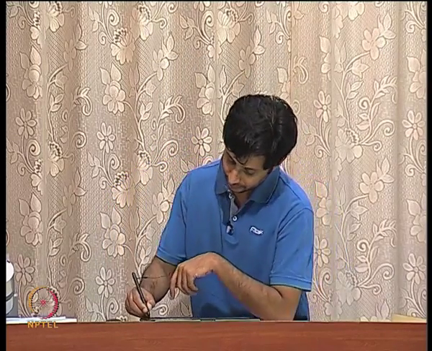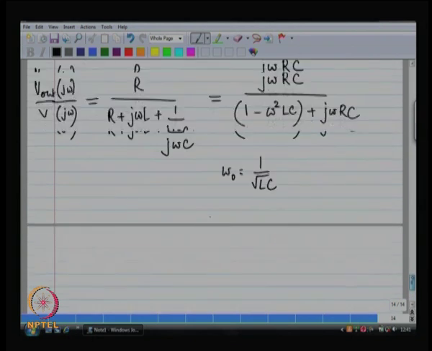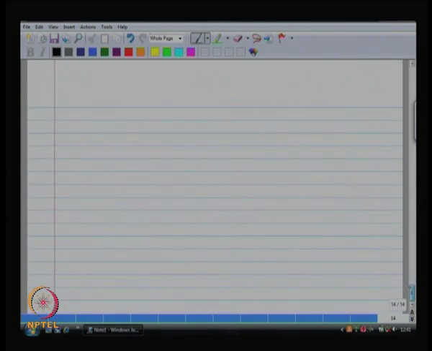So, you apply 1 volt at the input, as long as your Q is huge, let us say your Q is 100, you are actually producing 100 volts across the capacitor, 100 volts across the inductor. So, that is something very interesting that happens at the resonant frequency. Once again, energy is shared between the inductor and the capacitor, and the definition of Q is as before. So, if you look at Q as before, energy stored